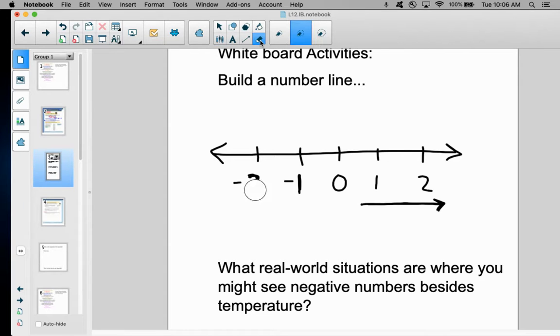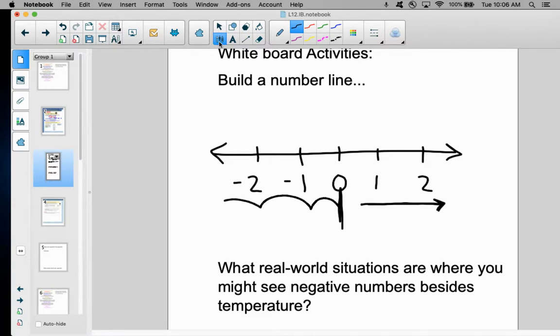Sometimes people want to try to build a number line and they put the numbers in the same going up order. So this is actually not correct. You have to start and think about that number line being folded in half, and my 1s are going to be right next to the 0. Okay, so you have to think about the 0 being that middle point, and then hopping 1, 2, 3, if we continue to the left, versus what we're normally looking at with a number line with our numbers getting bigger